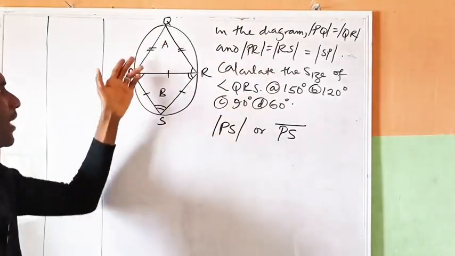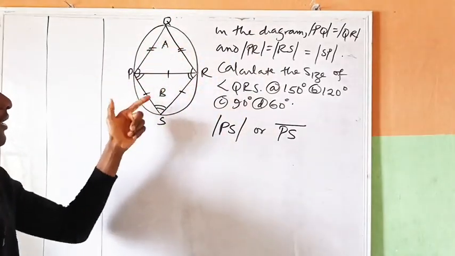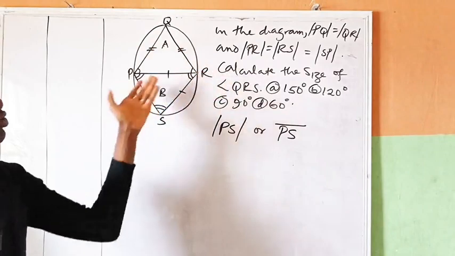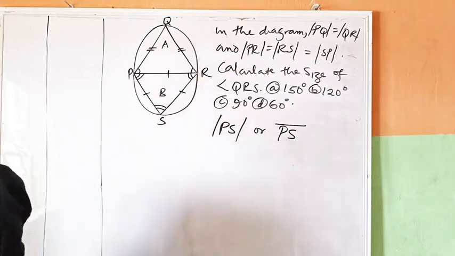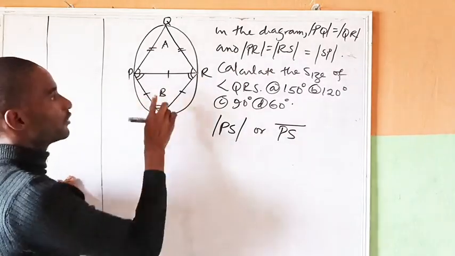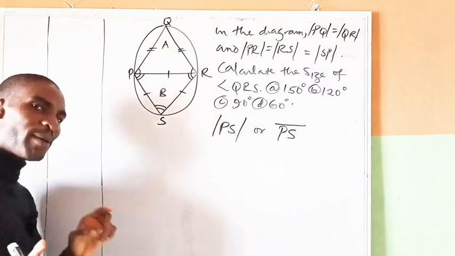You might be telling me, sir, but there are no angles here. We were not given any angle here. So how do I know how to answer this question? No, there's no number at all. It is very simple. So what you're meant to do is for this equilateral triangle, you remember that the sum